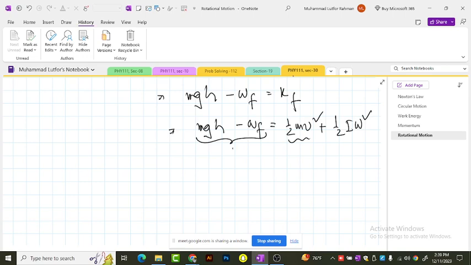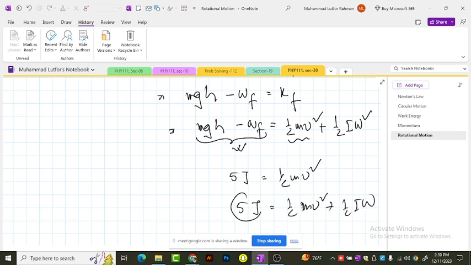So that means this amount of energy, whatever it is, let's say this is 5 joule. In the case of the block, the 5 joule will be totally converted to translational kinetic energy. And for the solid sphere, it has translational kinetic energy as well as rotational kinetic energy. This 5 joule will be divided among these two quantities, which means obviously this V will be greater